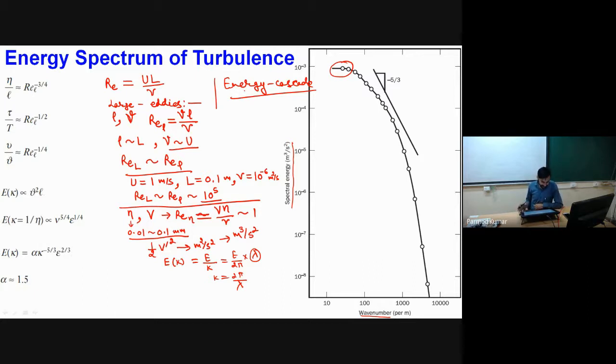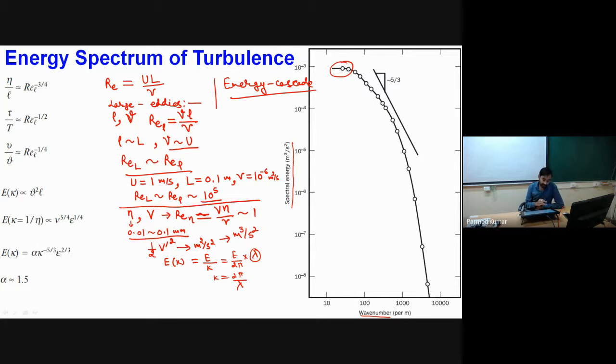Now it is always important to find out what is the relationship between the largest length scales and smallest length scales of the turbulent eddies. For the largest length scales, I have already told you that these are of the order of the size of the domain. However, in case of the smaller ones, we have to relate these with the size of the domain. As I told you, L and V are the length and velocity scales of large eddies, and eta and v are the length and velocity scales of smaller eddies.